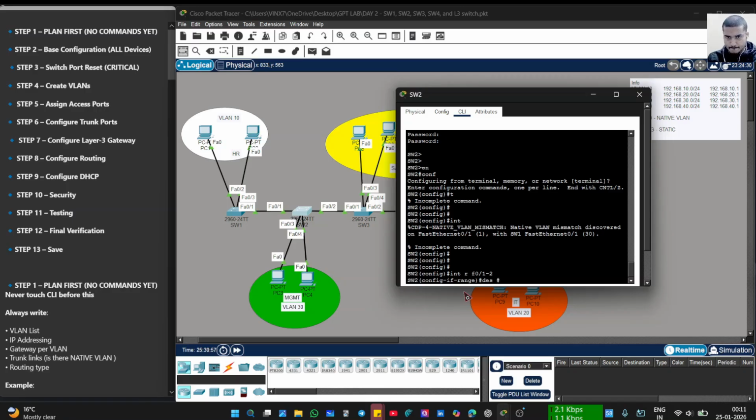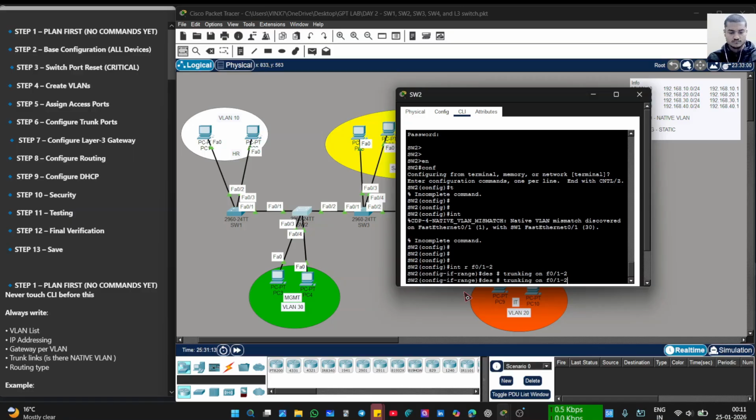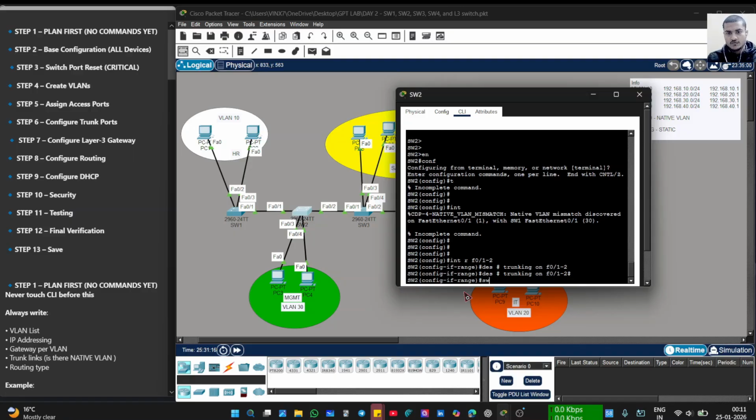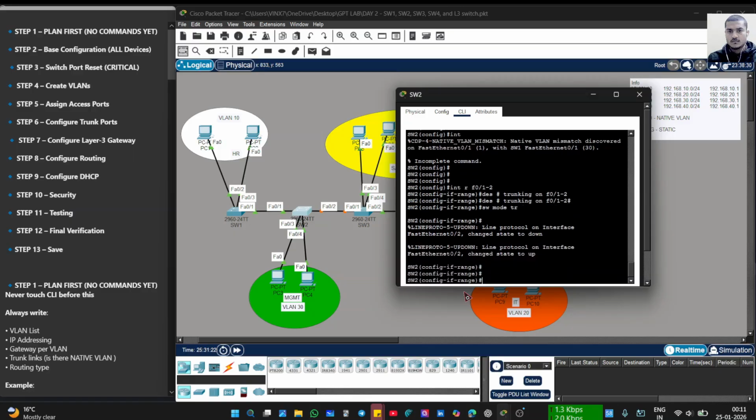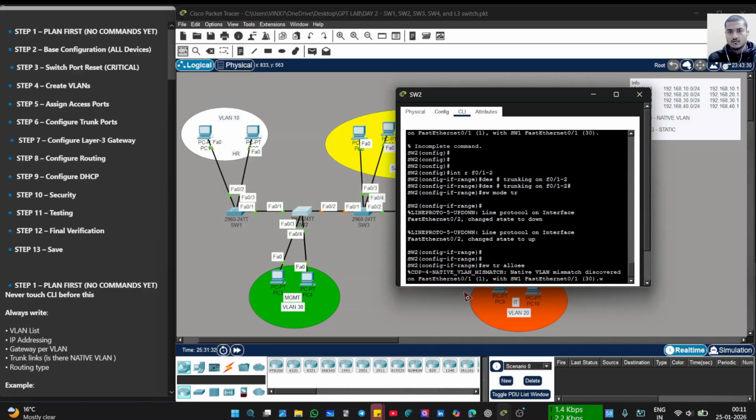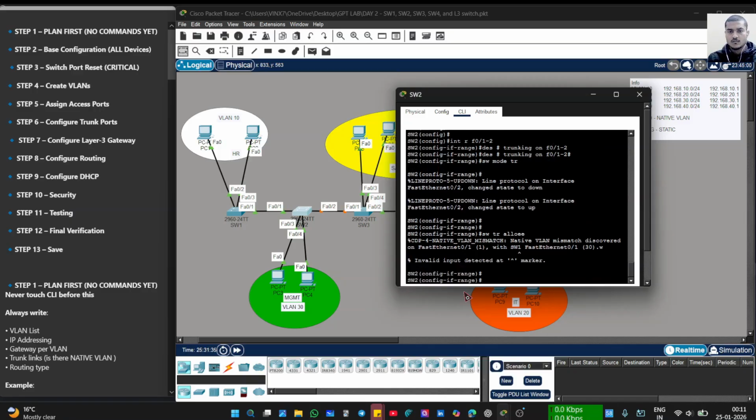Okay, so F0/1 to 2, and the description would be trunking on F0/1 to 2. Switchport mode trunk. So switchport trunk allowed. Okay, switchport mode trunk, switchport trunk allowed